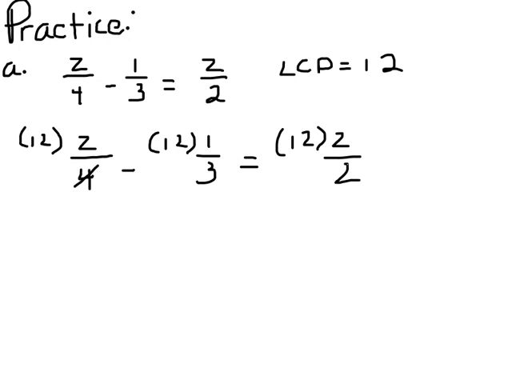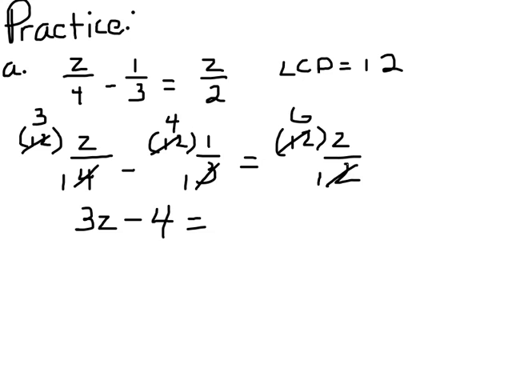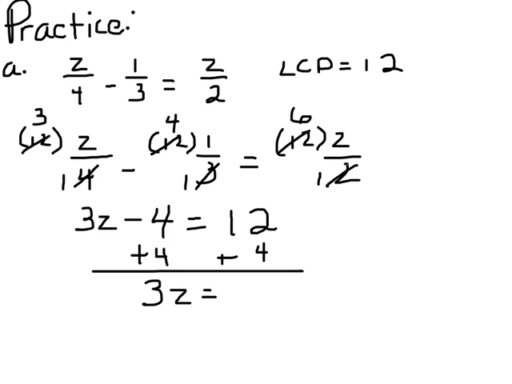Let's cross cancel. 4 becomes 1, 12 becomes 3, and 3 times z is 3z, minus 3 becomes 1, 12 becomes 4, 4 times 1 is 4, 2 becomes 1, 12 becomes 6, and 6 times 2 is 12. Now I'm going to move the 4 to the other side, and I'm going to see that 3z is now equal to 16. And if I divide by 3,